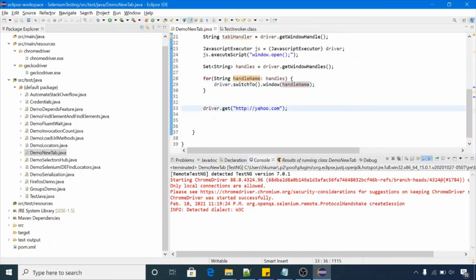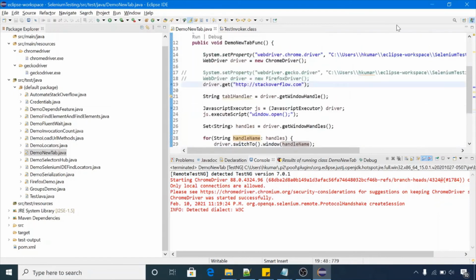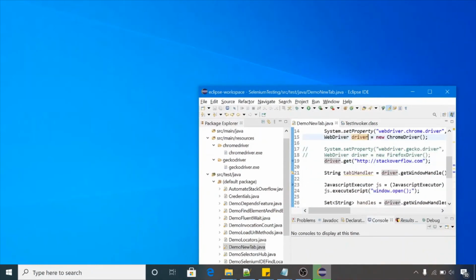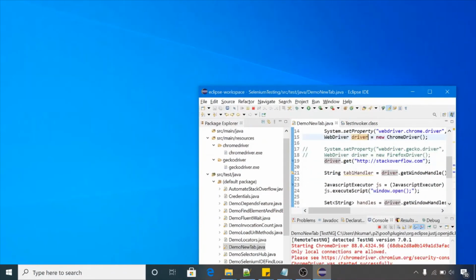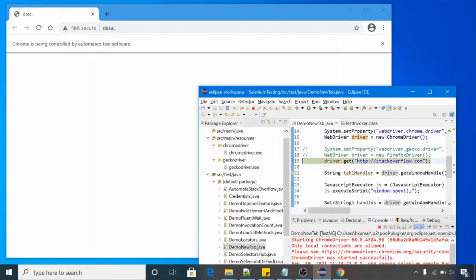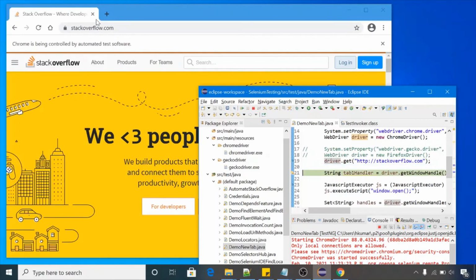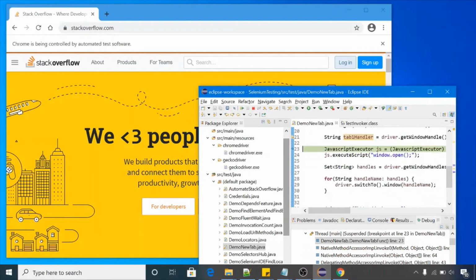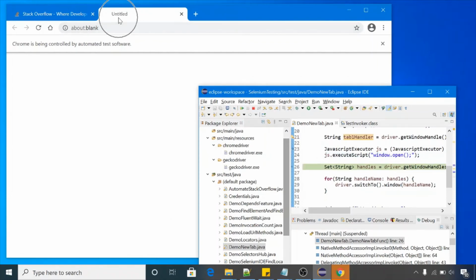After that, when we use driver.get, this will launch this URL on the new tab. Let me show you again. Let me minimize the screen and press F11. Have a look. It will launch the browser and URL. Right now we have only one tab. Now this code will open one new tab here. Have a look. We got one new tab.